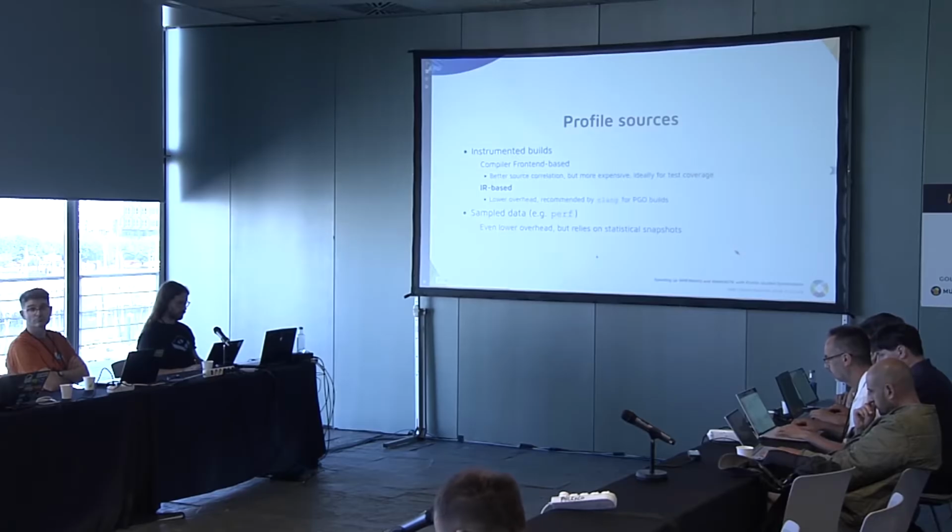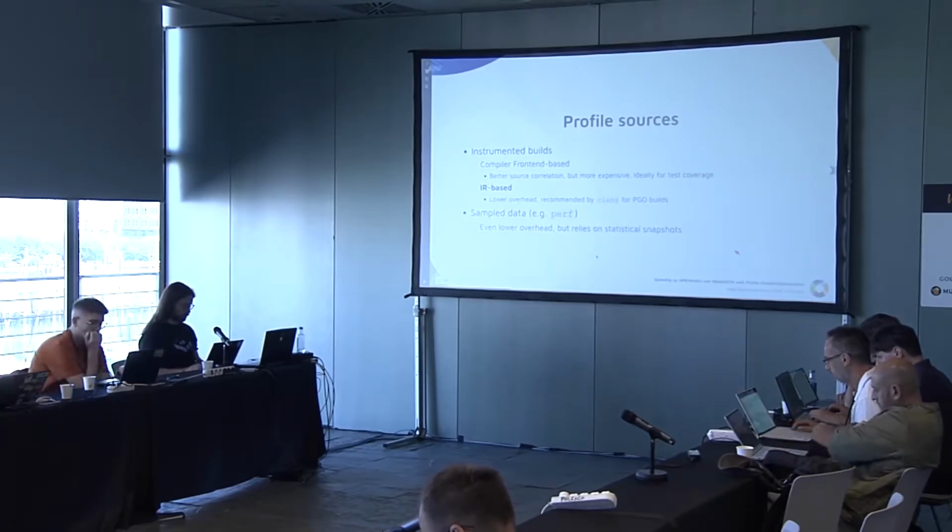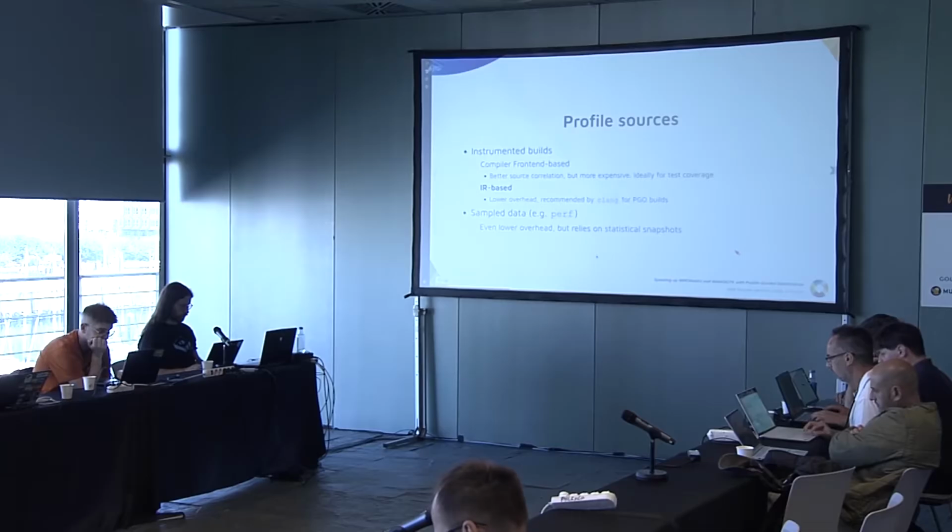So in Clang, for PGO, we have basically two ways of gathering the profile data: instrumented builds and sampled data. For instrumented builds, we have the option of compiler front-end profiles, which are better aligned to the source code, but it's more expensive, so it's usually more used for test coverage. And for PGO, what Clang recommends is to use